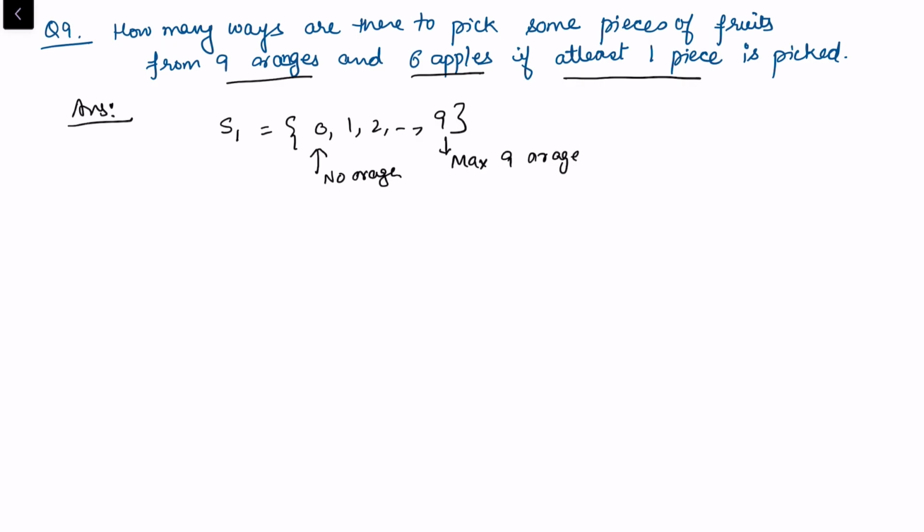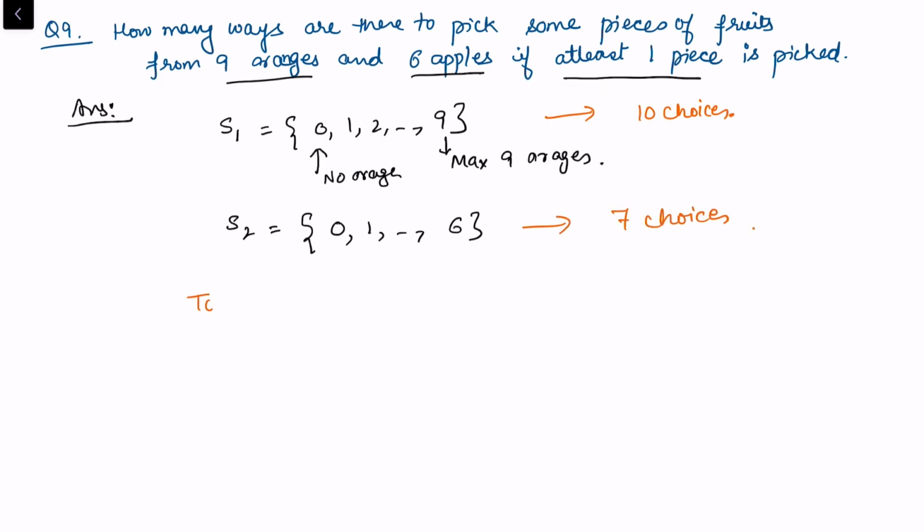So I'm considering it from the point of view of a universal set. And S2 is the set for the apples. So if no apple is picked, it is 0, and maximum we can pick 6 apples. So from here you can see that there are 10 choices. So we can have 10 choices, and here we have 7 choices. So now the total number of choices in the sets S1, S2 by the multiplication rule is 10 into 7, which